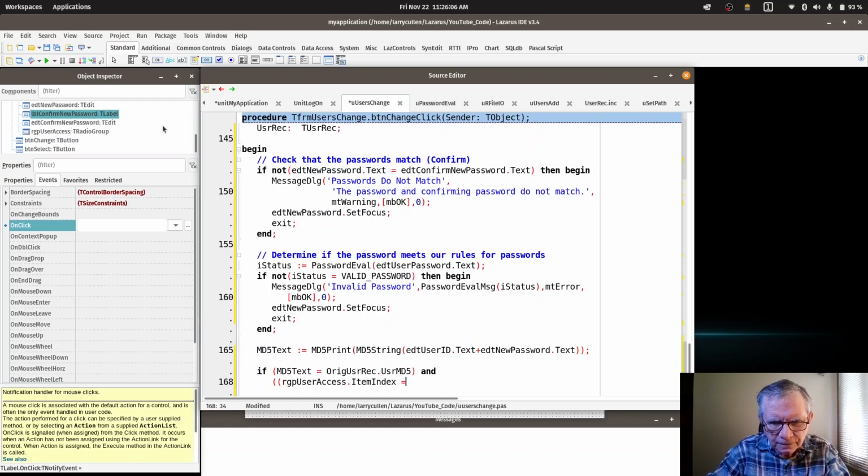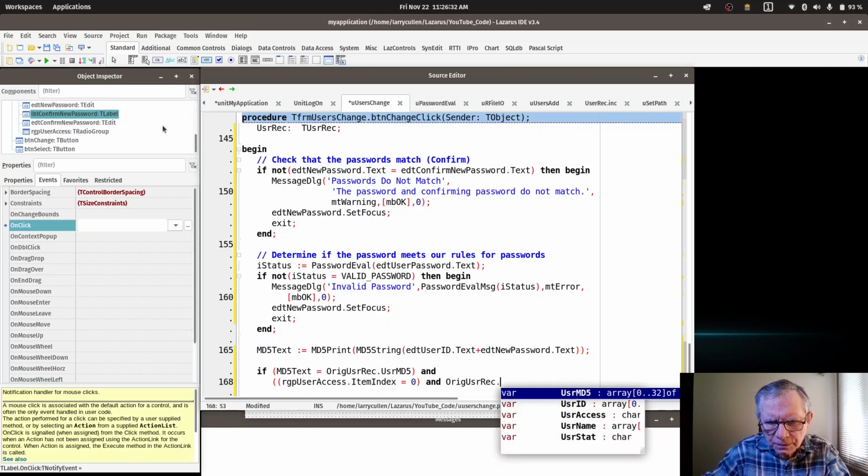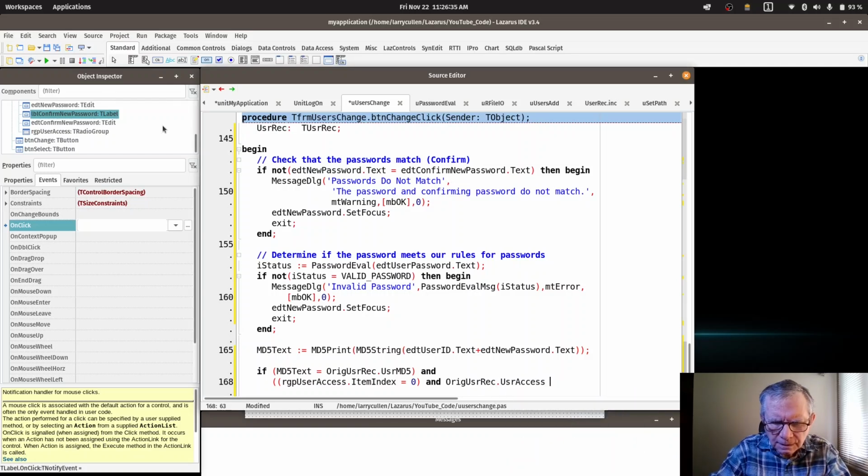So if item index is equal to 0, and original user rec dot user access equals U, that would indicate it hasn't changed. Right? So if this is true and